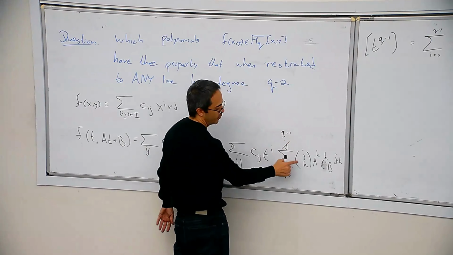But now, continuing, the coefficient of t to the q minus 1 is this, going over all i and j. And then k is q minus 1 minus i, right? So it's j choose q minus 1 minus i. And then I have to write these two, which describe the line: a to the k, where k is q minus 1 minus i, and b to the j minus k.